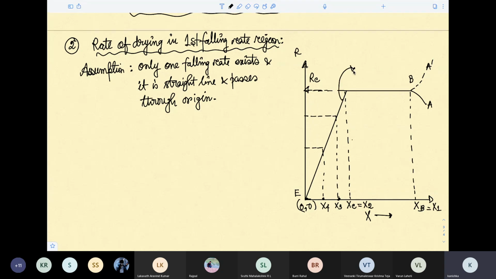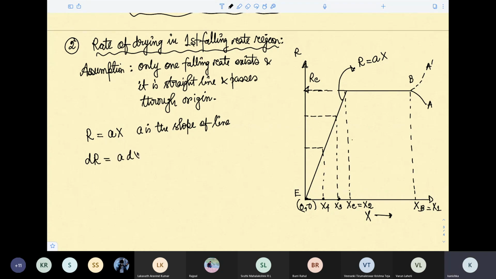So let's say if you express this one, y equals mx. So let's say slope is small a and this is x. So r equals ax. All right. Is it clear? Because here it is r, this is x, passing through origin, no intercept, r equals ax. A is the slope of line. Okay. So we can write dr equals